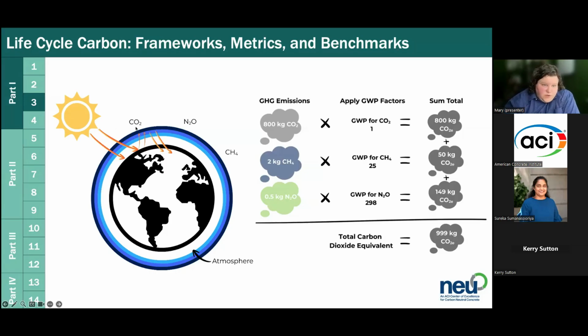So this is just an example of what's in chapter 3, but what we do is normalize all these gases to CO2. When I said CO2e, or CO2 equivalent earlier, that's what I meant. So we say essentially 2 kilograms of methane is equal to 50 kilograms of CO2. Then we can add all the CO2s together and just talk about carbon. And the reason we use carbon is because it's the most common greenhouse gas. Just a little tidbit, but that's the kind of stuff we tried to put into chapter 3 to help understand why we always talk about carbon.